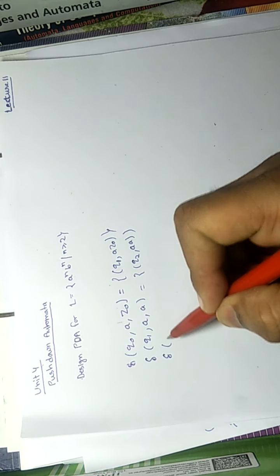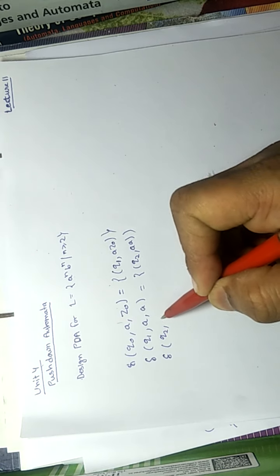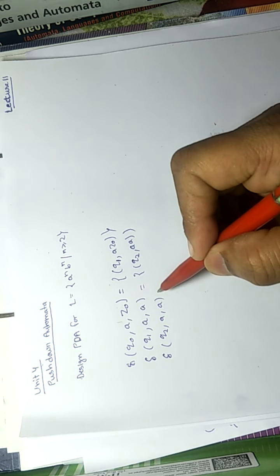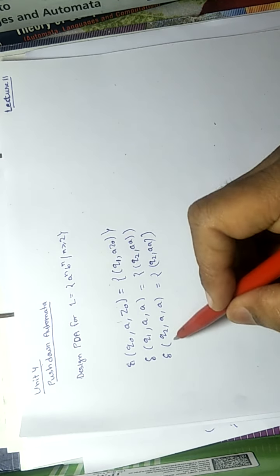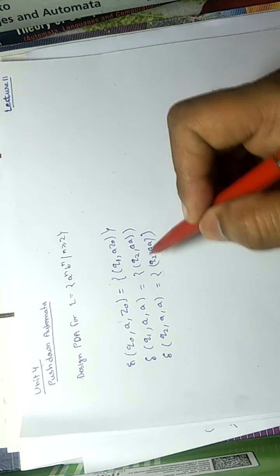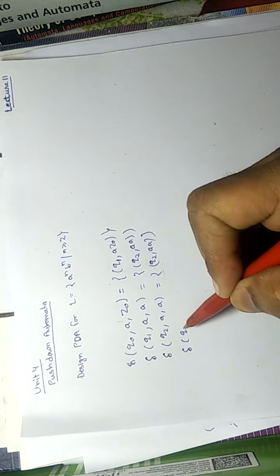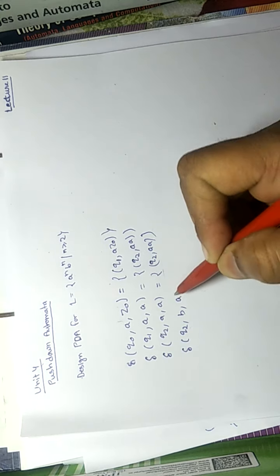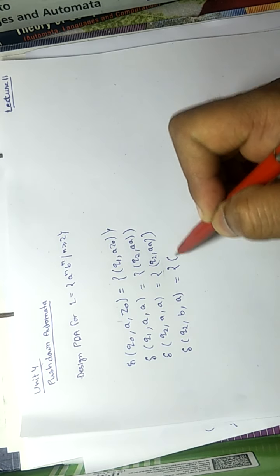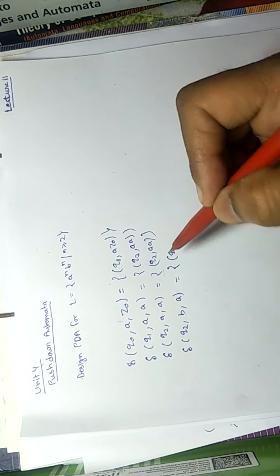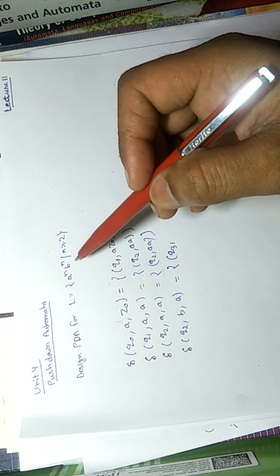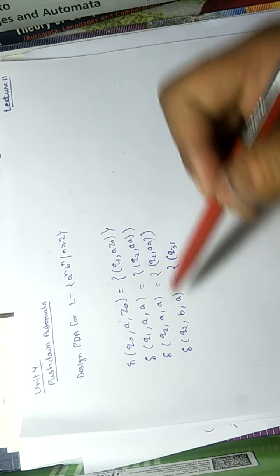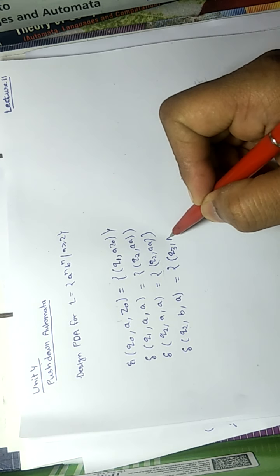Now we can read any number of a's after these two. This is a loop. From q2 to q2 we can read 3, 4, 5, 6, n number of a's. Then after a, we will read b and a will be on the top. Now we have to pop it, and this is the first b, so we have to change the state to ensure that we read b. Now we cannot read a once we read b. We have to pop a here.